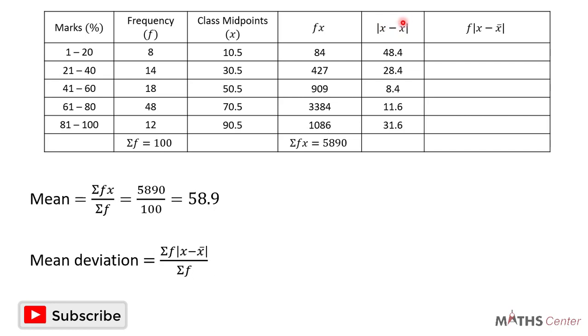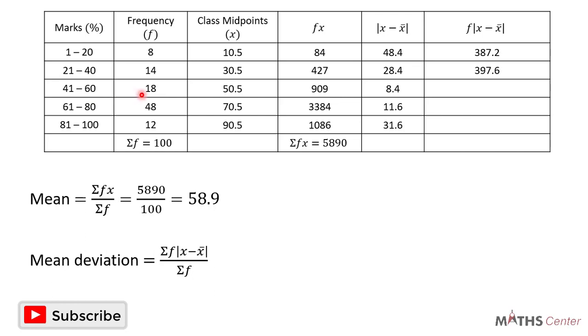We now have the absolute values of x minus the mean of x. So we can find f times the absolute values of x minus the mean of x. So we are going to multiply the numbers in this column by the numbers in this column. So the first one will be 8 times 48.4, and that is 387.2. The next one is 14 times 28.4, that is